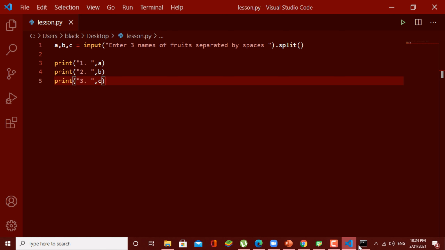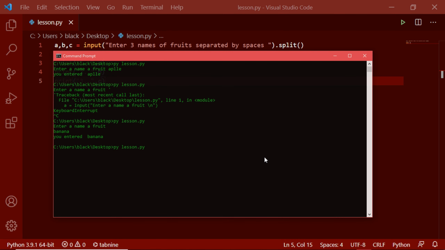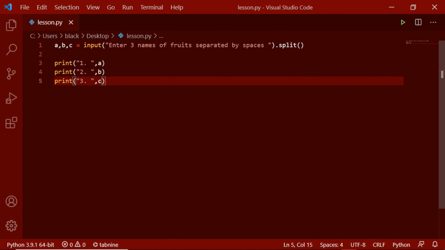Now let's see how this works. Now it's asking for three fruits. After we enter those values, it will give us this list. That's our expected output. So this is how to work with multiple user inputs, and there are some other functions like this.